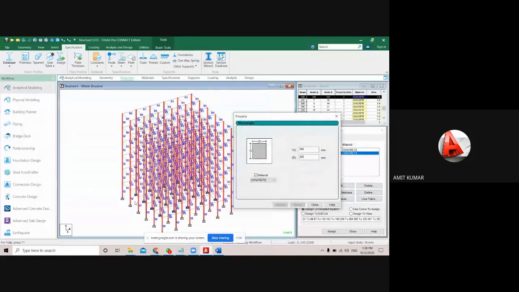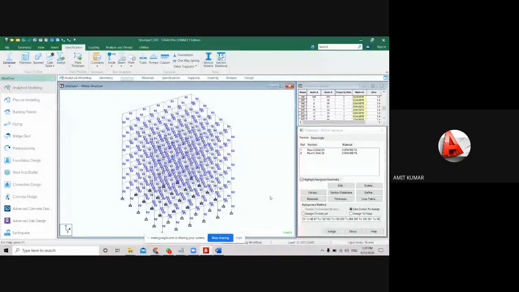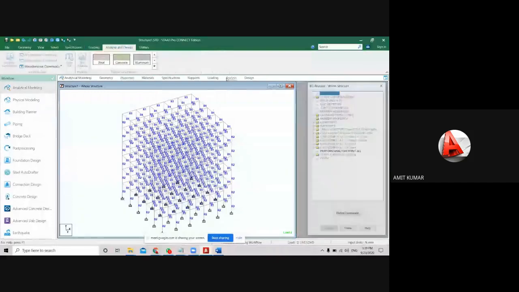Yeah, ZD. You can increase in any one direction. I'm just going to increase ZD, and the other will be XD. So I'm just going to increase one side. Maybe doing this will give you the correct output. If it does not, then you have to change the value again. Now analyze it again.